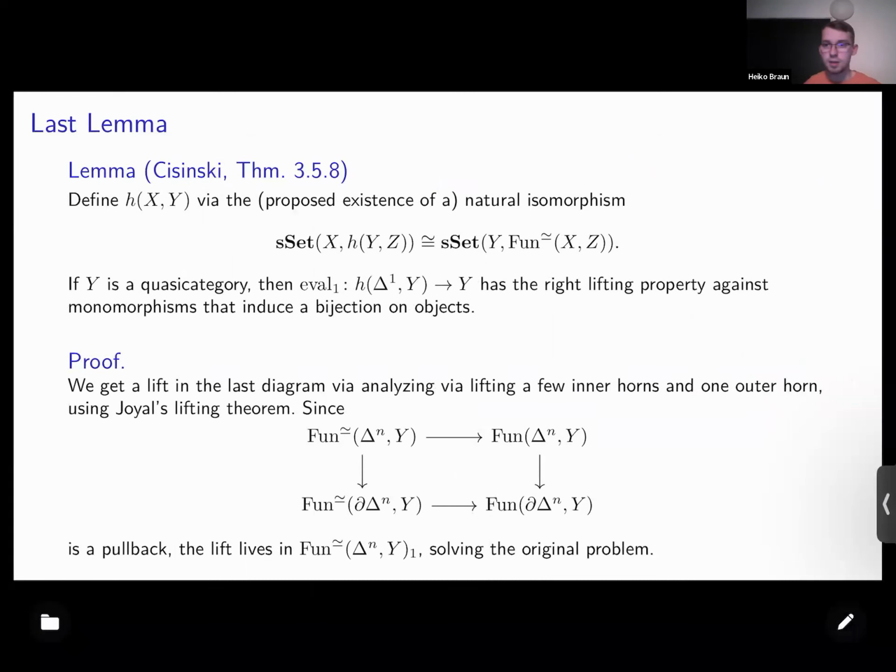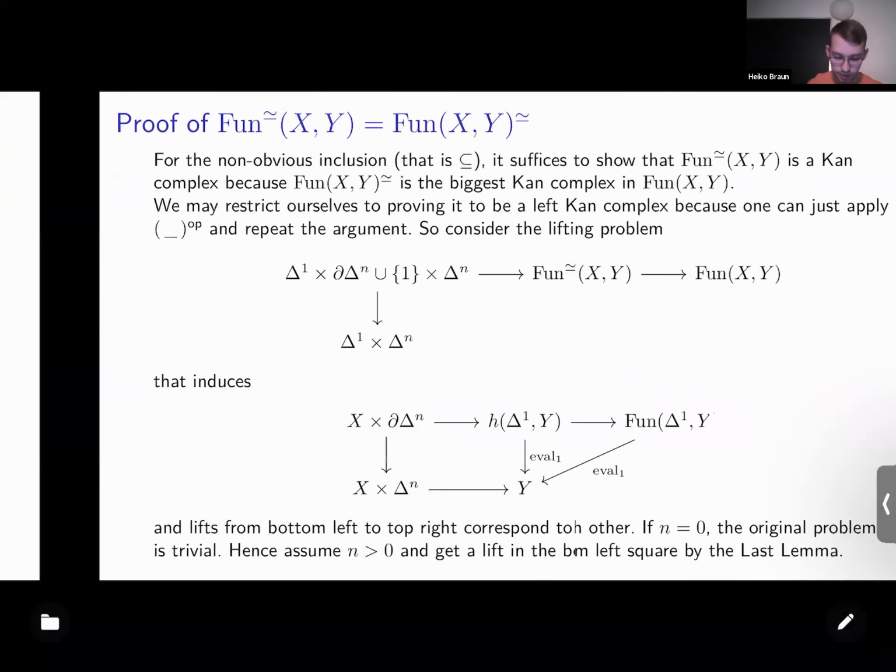Okay, and using that, we can go on to the last part of the proof,